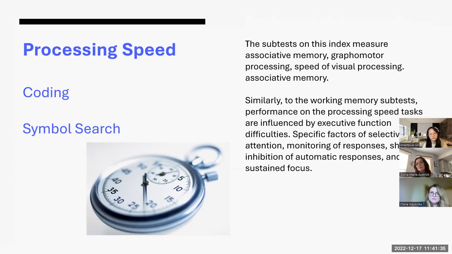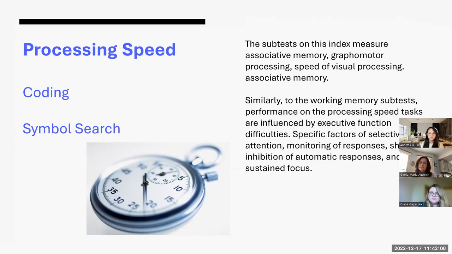And usually what we find is that students who really have difficulty with associative memory have to keep referring back to the key, rather than being able to say, okay, the 6 has this mark. They constantly have to refer back to that. So in terms of interventions, they're going to need some visual supports present in front of them to be able to perform.